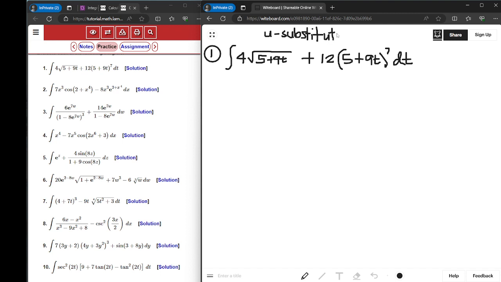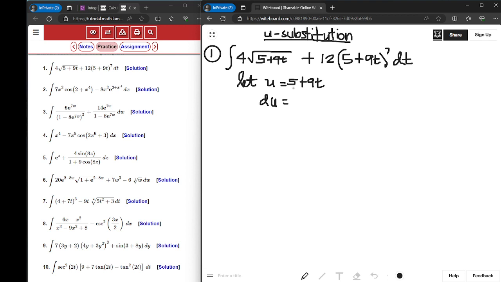There are many times that we cannot directly get the integral of a given problem, so we will use a substitution method to represent a certain term. In this case, as you can see, we have 5 plus 9t in both. So we can say we will let u be equal to 5 plus 9t, and if we get the derivative of u, which is du,